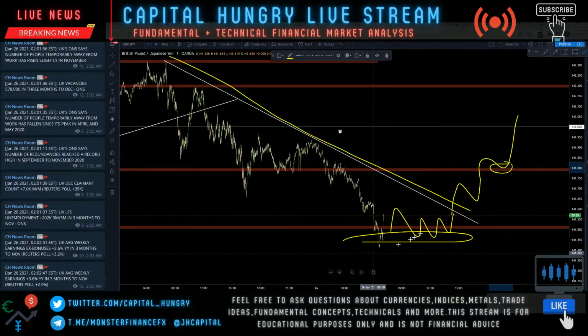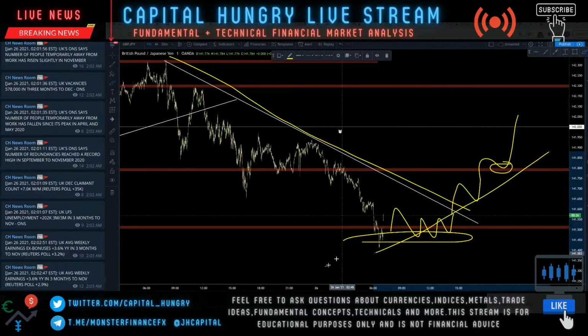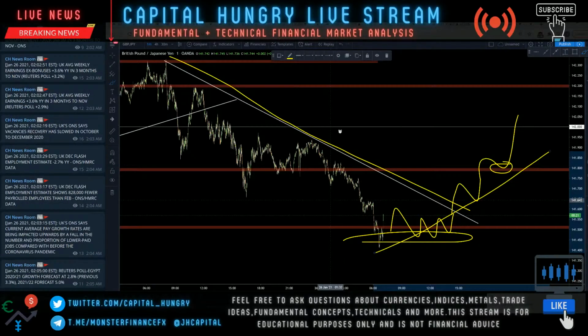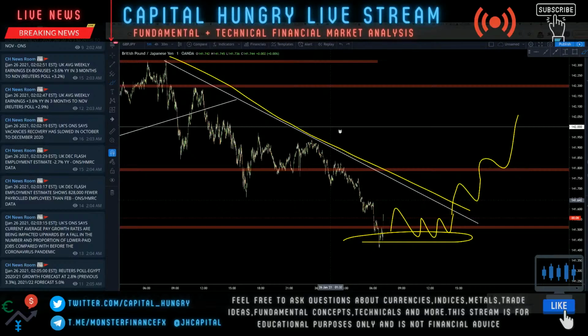I would only be looking for buys if we have a shift in this lower time frame bearish market structure, a failure to break these current lows, and price above 141.8. That would give me all the confirms that the UK jobs data is holding strength, we're getting a shift out of the corrective bearish lower time frame structure, and higher time frame buyers are jumping back in with the trend.